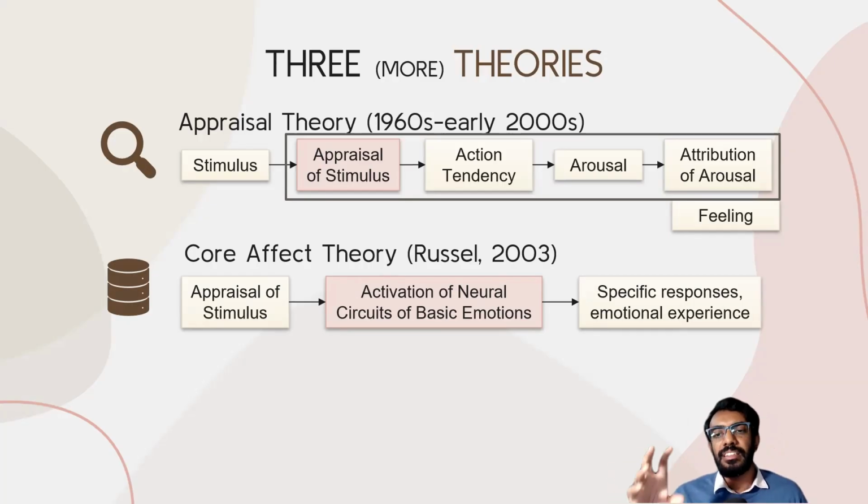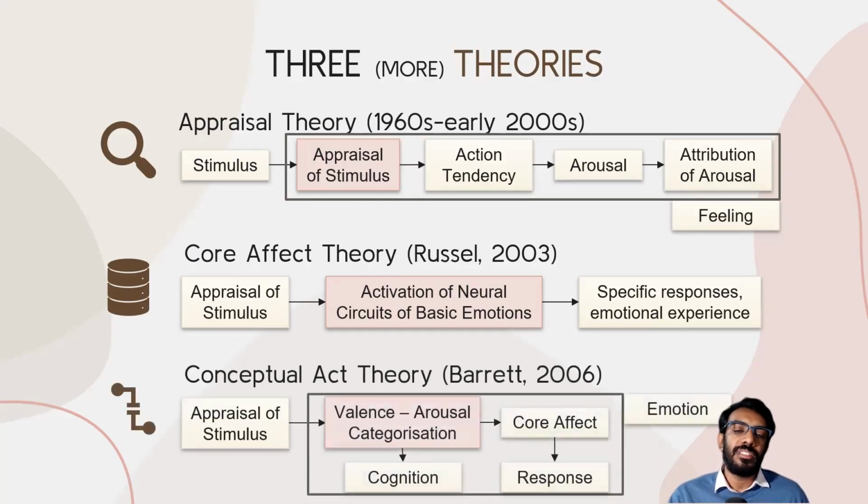So what he theorized is that there are specific neural circuits for the basic emotions that we have: fear, anger, happiness, sadness, surprise, disgust, all of these. This template of emotion is activated in your brain following the appraisal, because of which there are specific responses and emotional experiences felt, right? So this is a somewhat in-between theory, which basically said that there are certain neurological circuits in your brain which control emotion, and they're emotion specific.